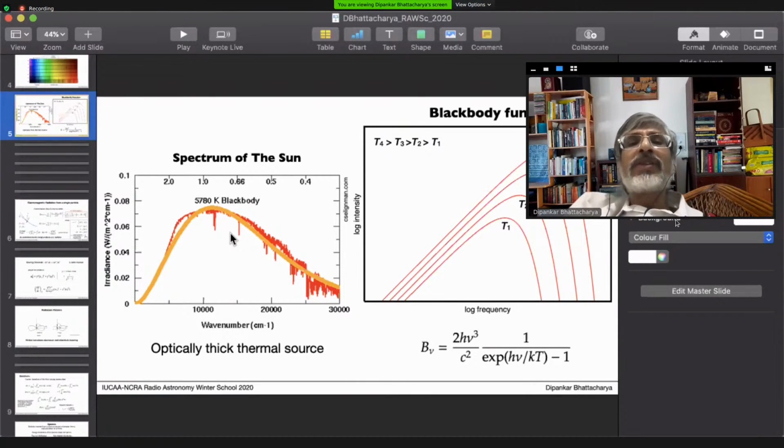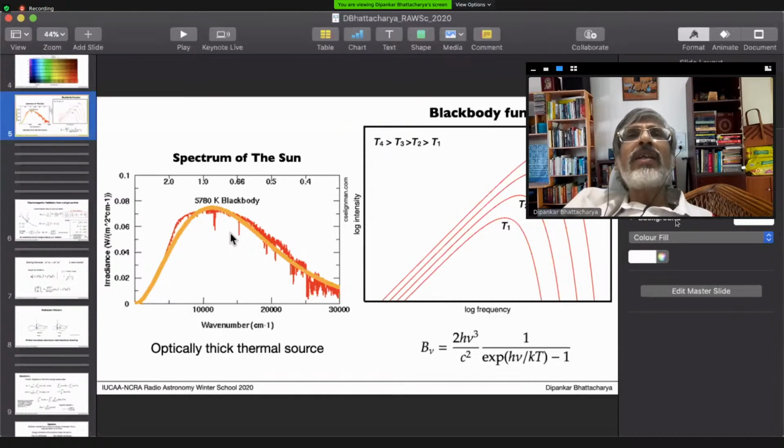Now, it so happens that in any star, including the sun, temperature is not constant all through. The temperature is highest at the center where nuclear burning is going on, and temperature keeps dropping as you come outside. Your line of sight is going from outside to in. So this radial line which I talked about will go to a certain point and find optical depth equal to unity, and you will see a temperature which is at that point.